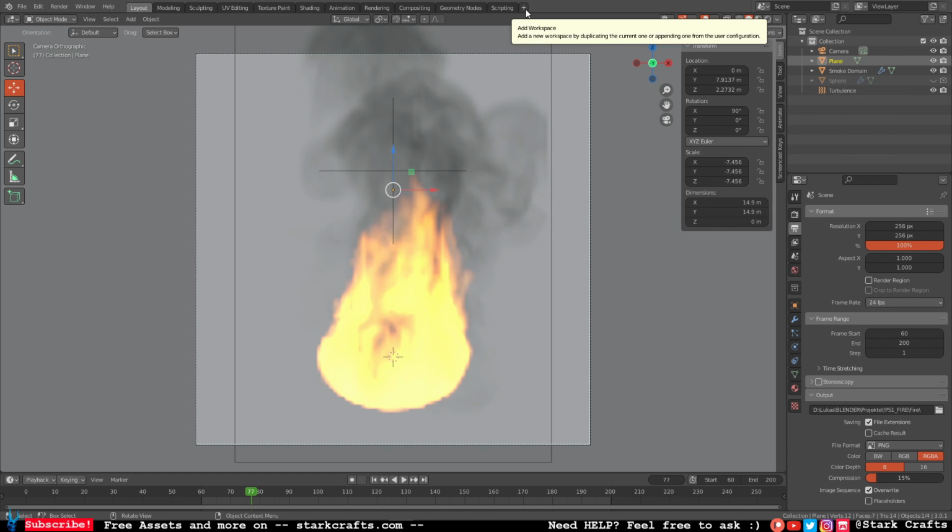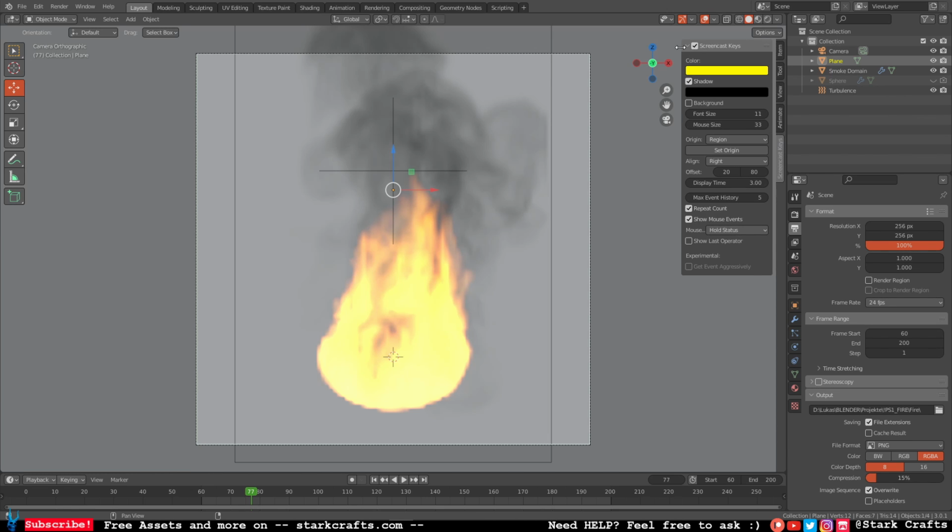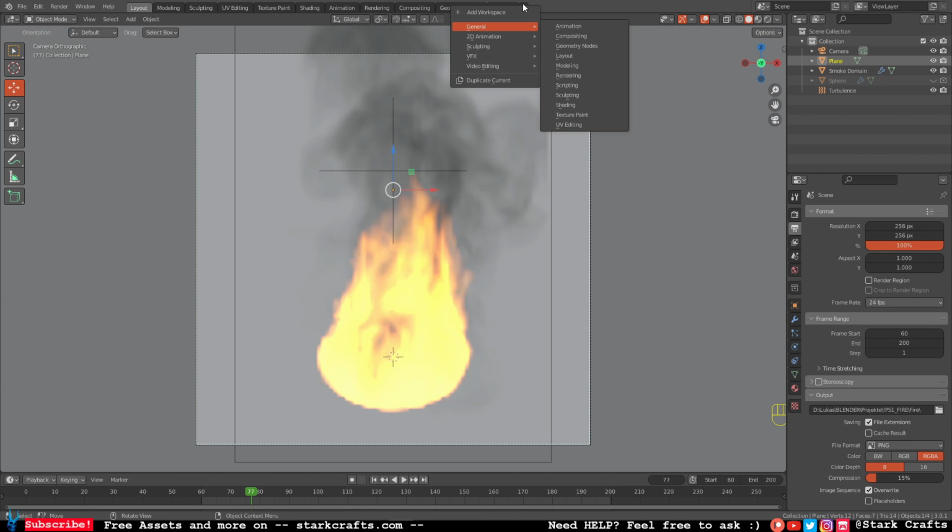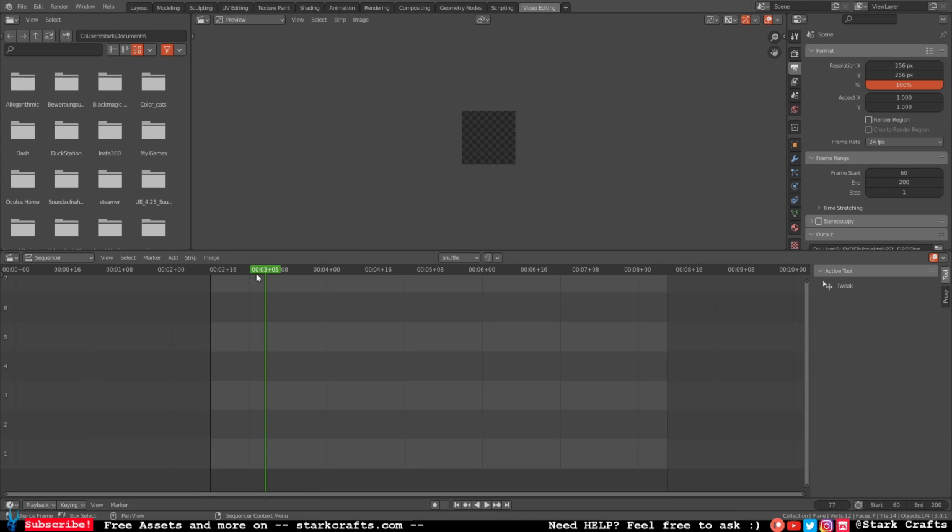So for that, let's click Add Workspace, here this plus sign, also plus video editing. Now we are inside the video editor. Hit Add, Image Sequence,